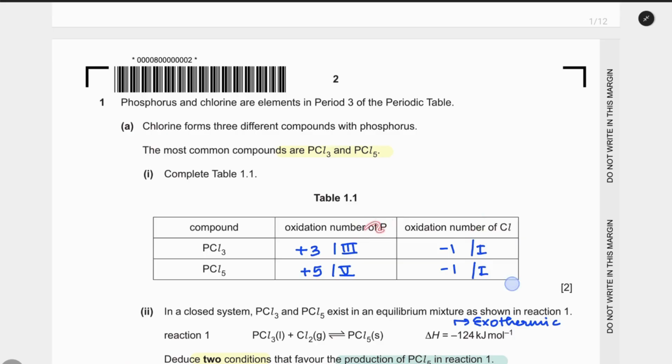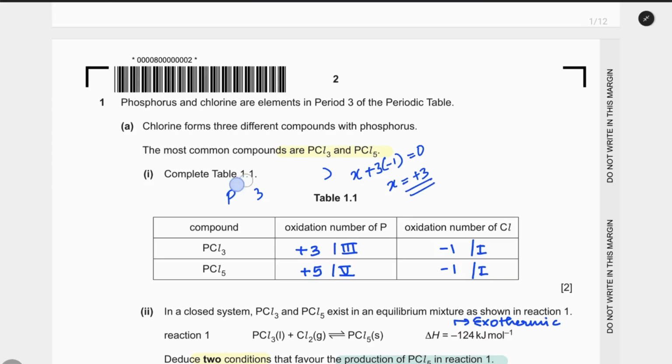So over here, how to find the oxidation number of P? We have an easy method to solve this. First is PCl3. For PCl3, we don't know the oxidation number of phosphorus, so we will keep this as x, plus chlorine. You know that there are 3 chlorines, and each chlorine indicates minus 1. There is no charge on top, so it's going to be 0. So over here, I'll get x equals plus 3.